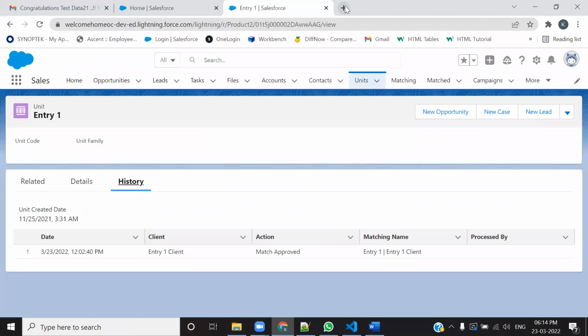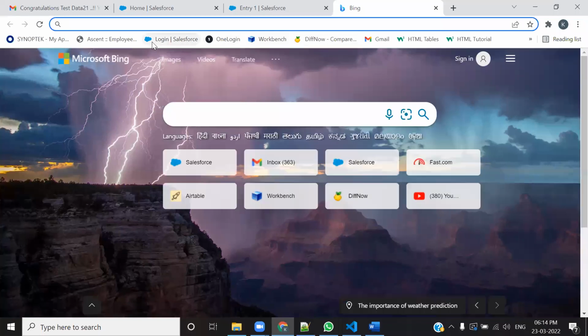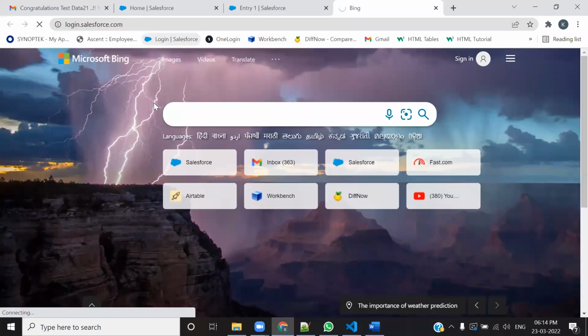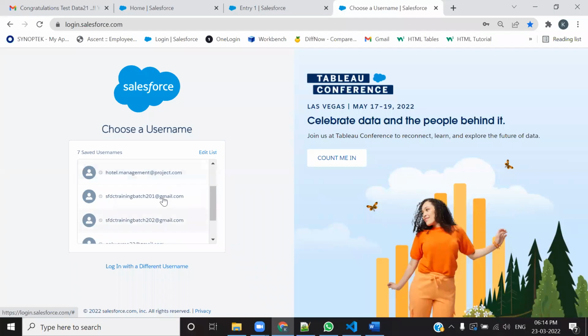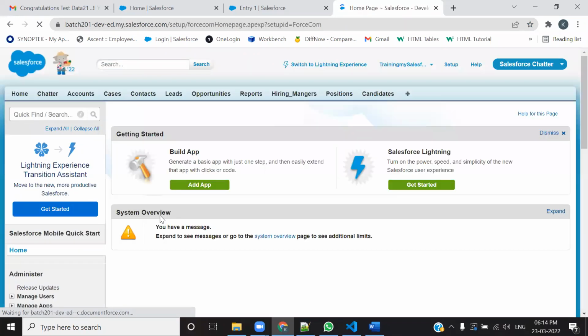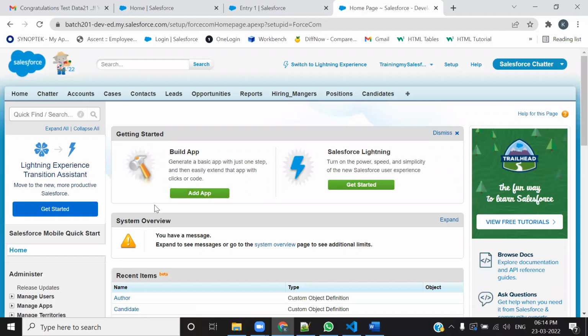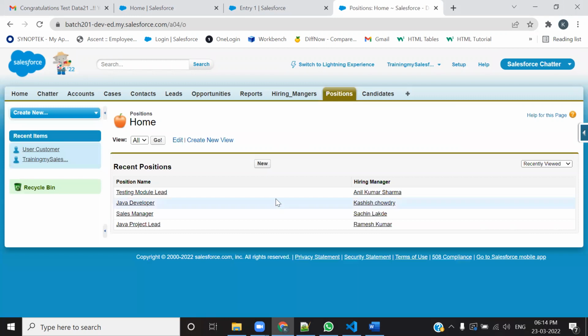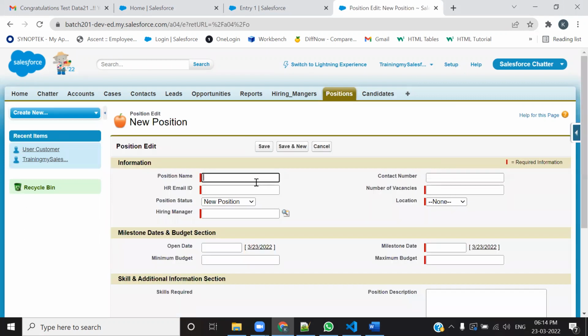So, whenever we are interacting with any of the objects of Salesforce. Now, let me first of all log in. If I ask you what is the importance of having a user interface, then you would probably give me the answer that whenever we want to interact with any of the Salesforce objects,